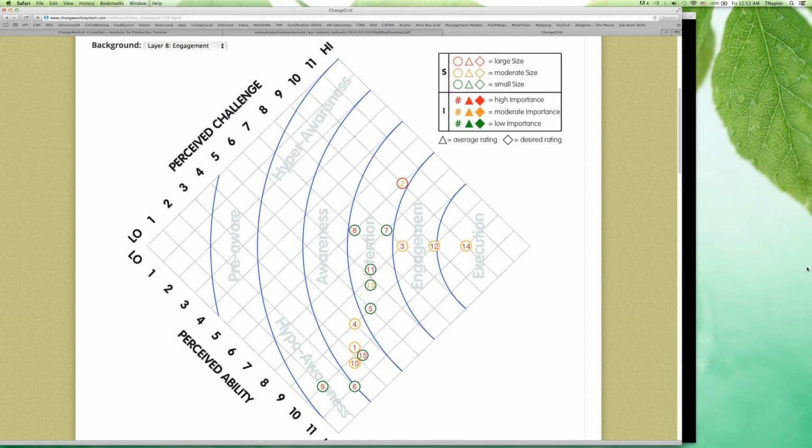And so when I look at a change grid, I want you to just lock this in. We are looking at their level of engagement at the activity specific level. And as far as we know, and we research this continuously, this is the only tool in existence that allows that to happen, because as far as we know, this is the only tool that allows the client to create their own activity list. So they get to decide what they want people to be engaged around doing, and whether that's completing a report, showing up on time, keeping their mouth shut with the media, they get to decide. They get to say it the way they want to say it. And then the change grid will answer this engagement question among the four key questions the change grid is designed to answer.